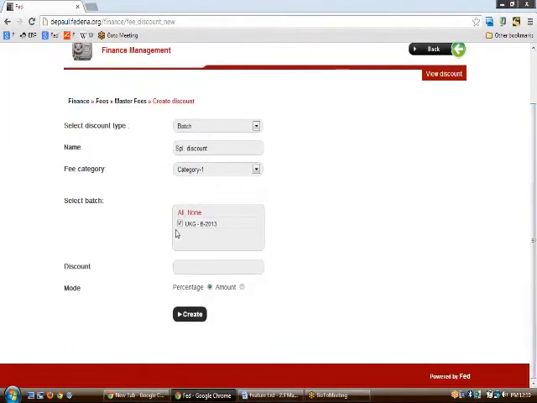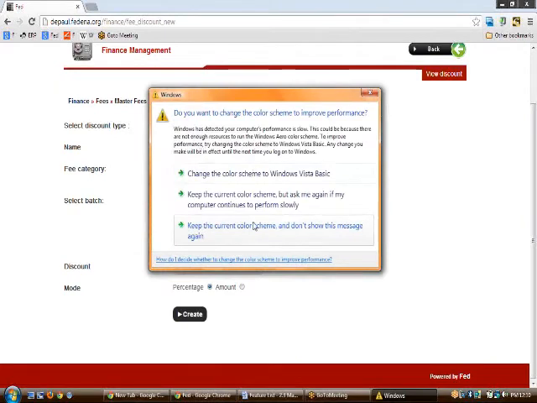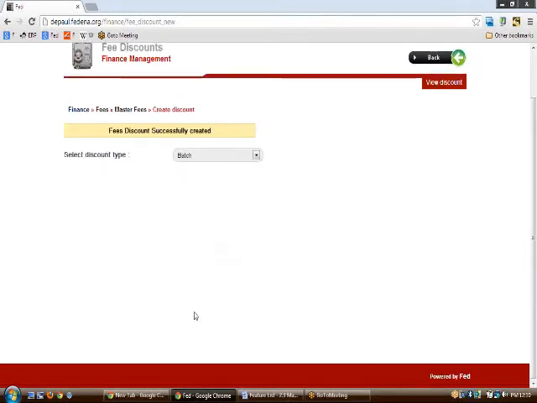The batch to which it is applicable is UKGB 2013, and the discount mode that you can see is of two types, the percentage and amount. So if you want to put the percentage, let us say that I want to put a percentage of 10% for this particular batch, then I can also do so by clicking the percentage checkbox here. Now all the discounts have been created for that particular batch.